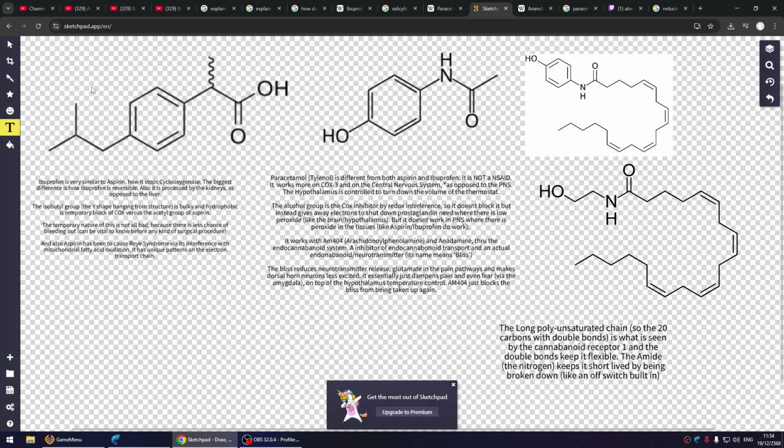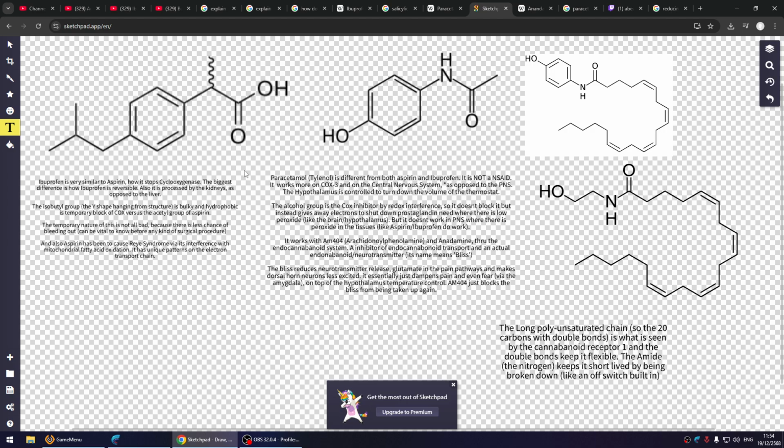But that's the isobutyl, this one functional group, changes everything for ibuprofen, which is more bulky. It's like putting a boulder on something that you can move again, while aspirin is more like it's welded shut, like a door. It takes more effort, but